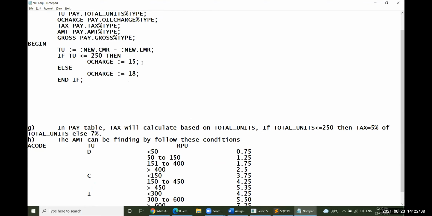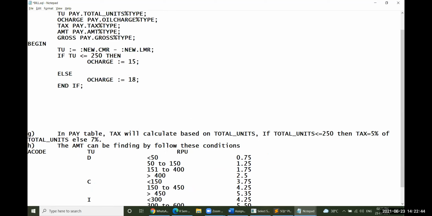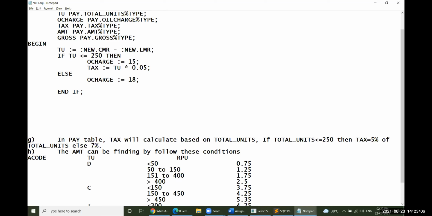Otherwise, I'd like to write the same thing, because the conditions are the same for those two. So immediately, for AMT, tax will be equal to total units into 0.05, that is 5 percent. Otherwise, tax will be equal to 7 percent, 0.07.